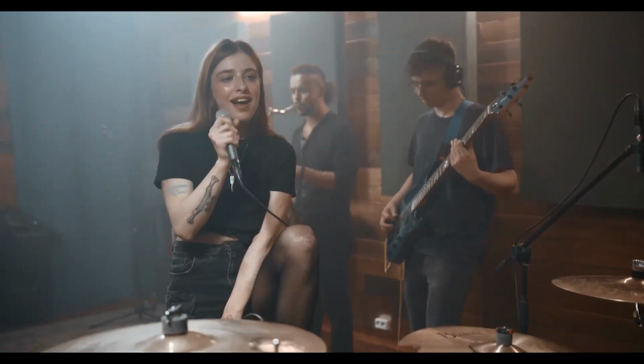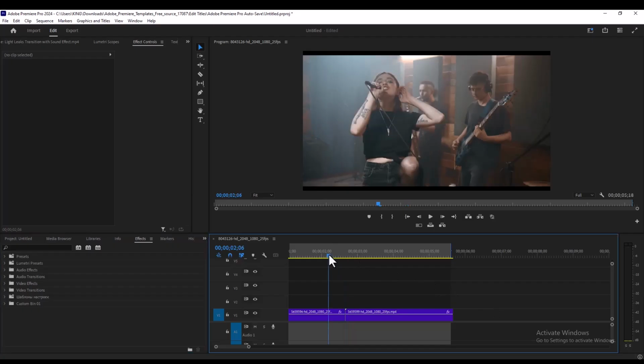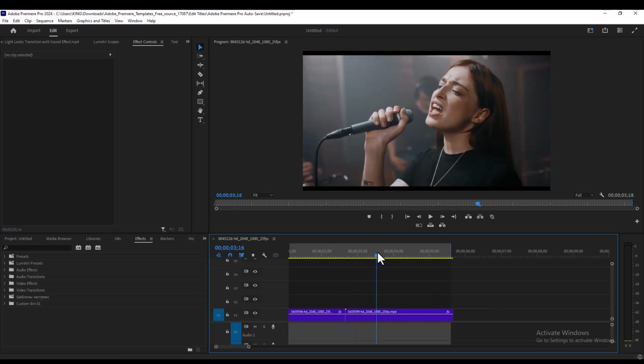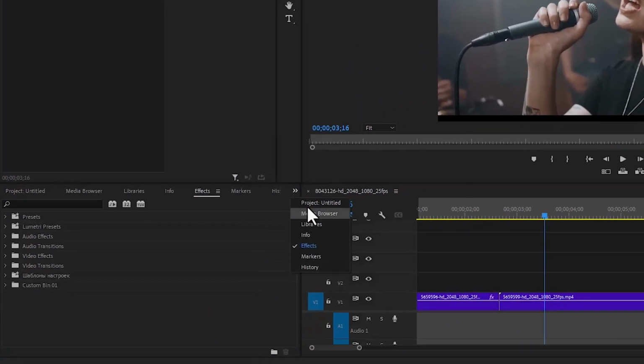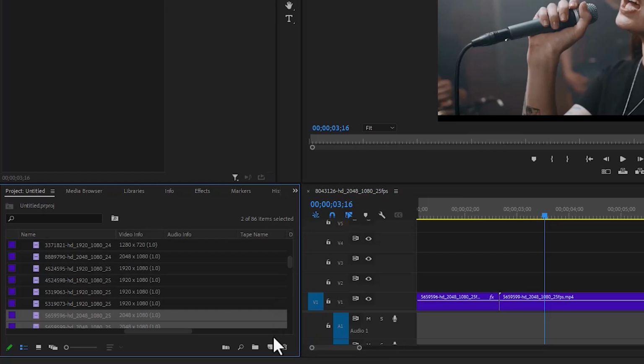In this tutorial, I'm going to show you how to create a whip and blur transition in Premiere Pro. To begin, I've imported these two clips onto my timeline over here. The first thing I'm going to do is to come over to my project panel over here and select this